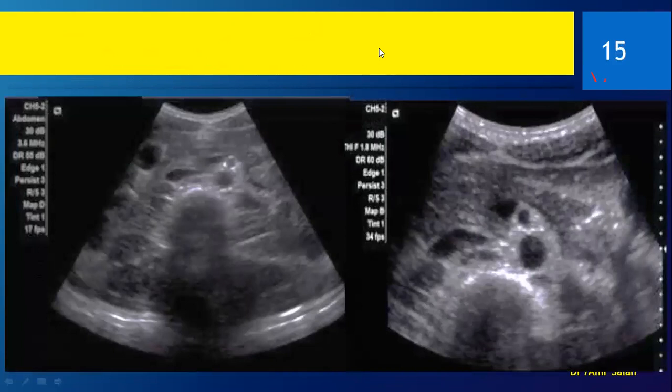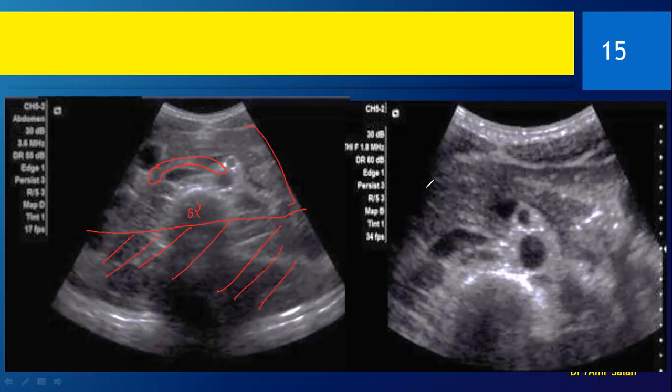Okay, let's see another example. Now, what we are examining here is the pancreas. Here is the pancreas, here is the spine, and they are stuck in the upper part of the image, quite in the periphery, whilst the rest of the image is without use.